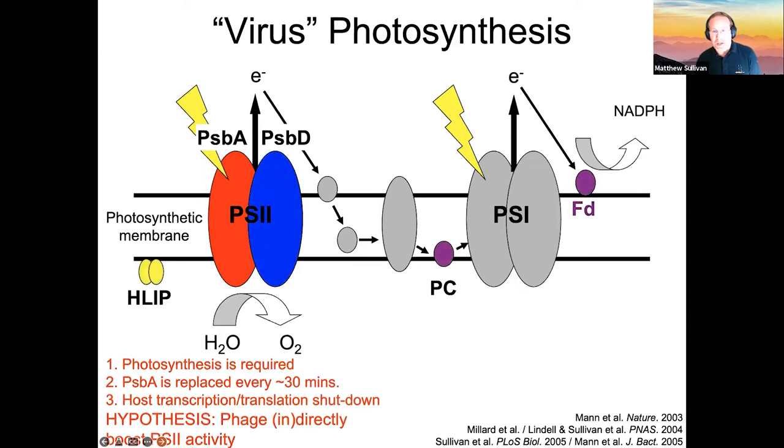And there are other photosynthesis genes that viruses also have. If you're a broad host range infecting virus, you might have PSBD, and that's probably because PSBA doesn't work with some of the hosts. And so you have to make sure that you have a PSBD, a heterodimeric partner, which will keep a functional PS2. They may also have plastocyanin or ferredoxin, and these are rate limiting steps of electron flow away from PS1 or PS2, and so they may prevent damage. And then high light inducible proteins, which are thought to stabilize the PS2 reaction center.